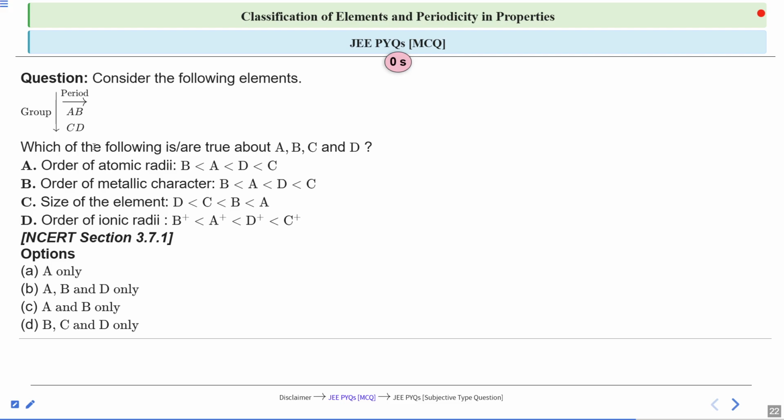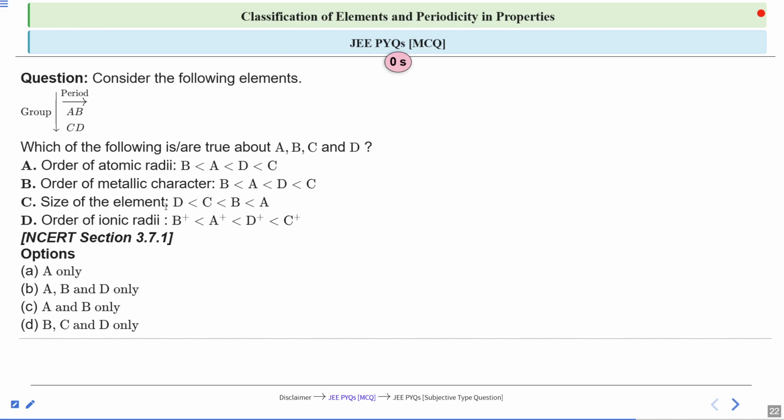But what about the size of the element? Isn't the size related to atomic radius? If the radius is large, of course, the element will have a greater size. That is very obvious, because size is what? Size is related to the area, or you would say the volume, of the sphere of the atom. And the greater the radius, the greater the area occupied by the sphere. Now, that being said, this order will be completely wrong because it follows the opposite pattern of the radius. Instead, it should be directly proportional. So C will be the wrong statement.